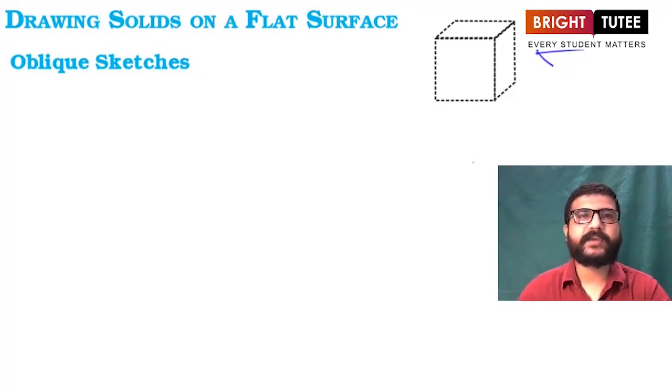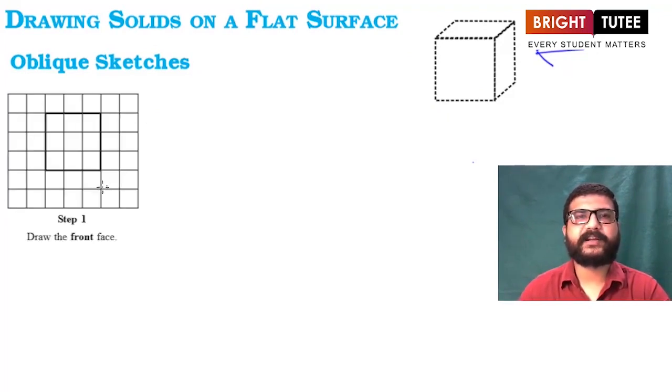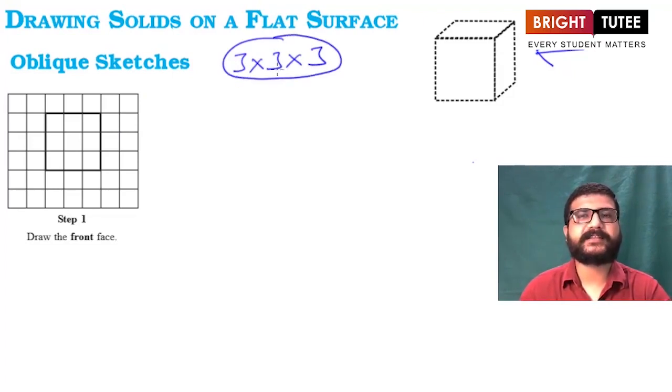So now let's discuss how we can draw them. What is the procedure we have to follow? Here is step 1 to draw a cube. Here we are trying to make a cube of dimension 3 cross 3 cross 3. That is, length is 3, breadth is 3 and height is also 3. So we are drawing such a cube on a piece of paper. Step 1 is we have to draw a front face, which is a square. We have to take a squared line sheet as we have taken here, and draw a square on it. The side length of the square should be 3, because here the side length of the cube is 3.